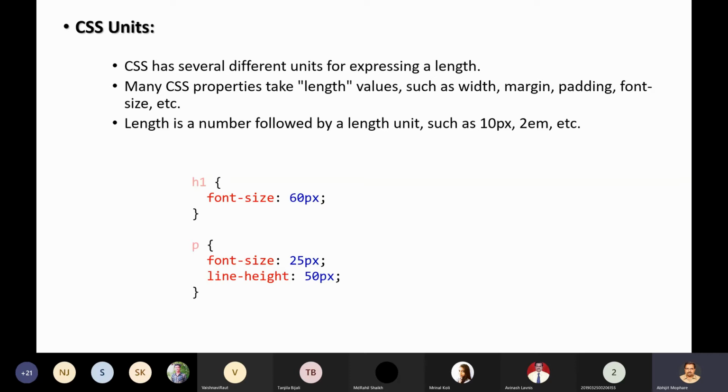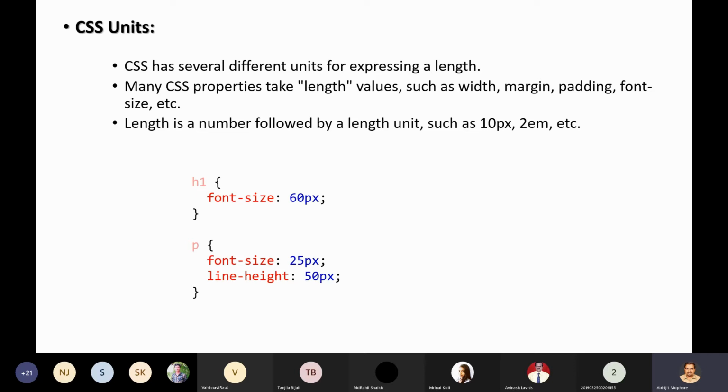I will not cover each and every length unit. I will be covering only those which I use normally or which professional developers use. There are others. If time permits and you are interested, you can go through them, but they are rarely used. So it is not advisable to know each and everything in HTML CSS. It is a very vast concept as such, right?